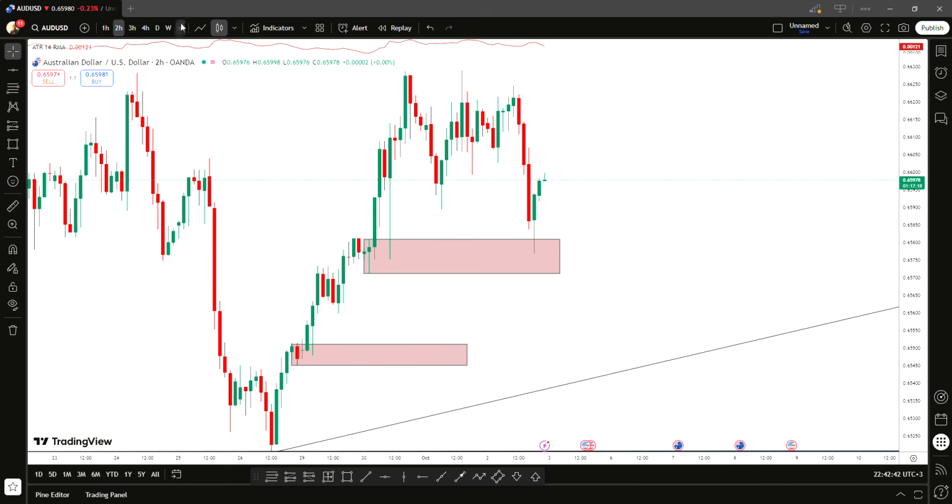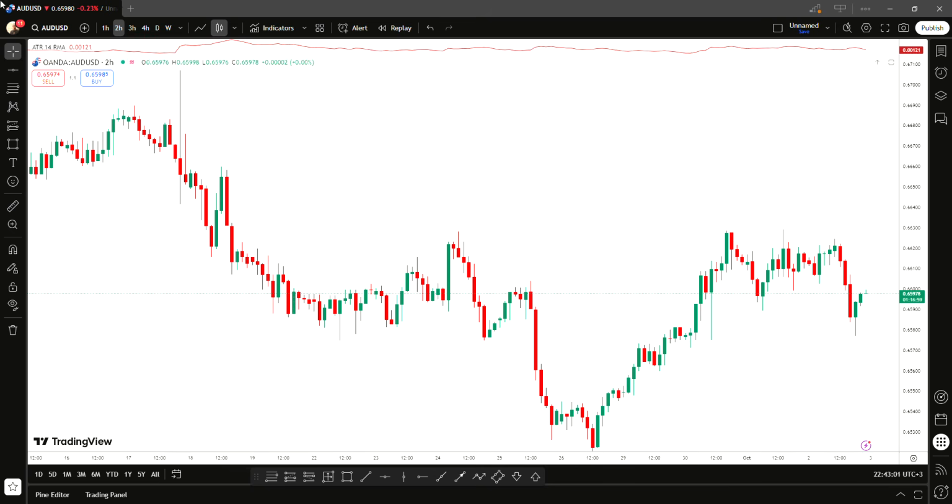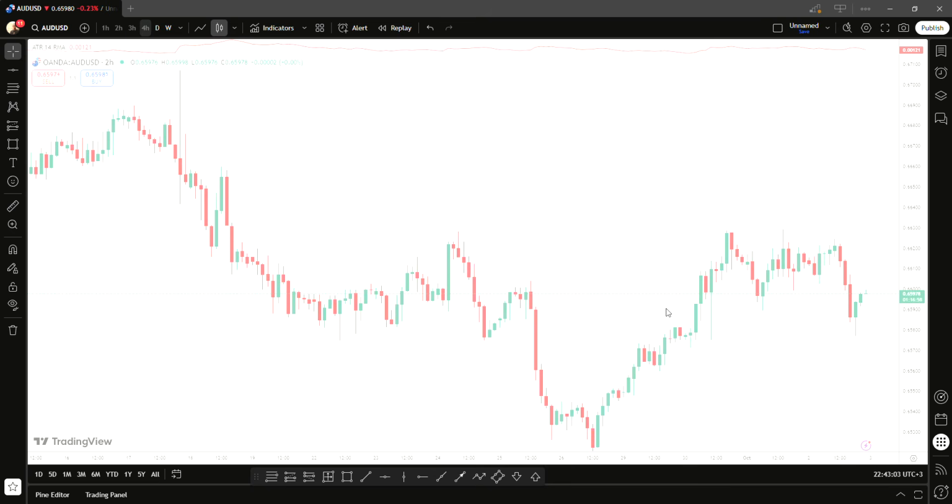So what you have to do, very simple. You can enter from here. If you have a big account, your stop losses should be below here. However, if you don't have a big account, wait for another zone to be created as we proceed to the upside, because price is still bullish. After breaking this high, price is still bullish. And if you come to the 4 hour, people who trade chart patterns,